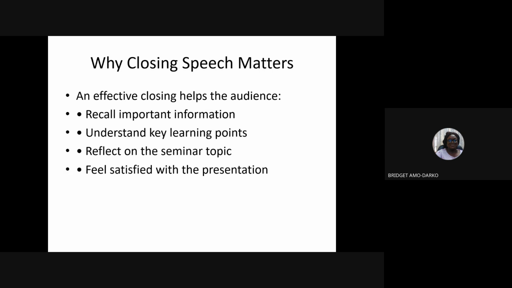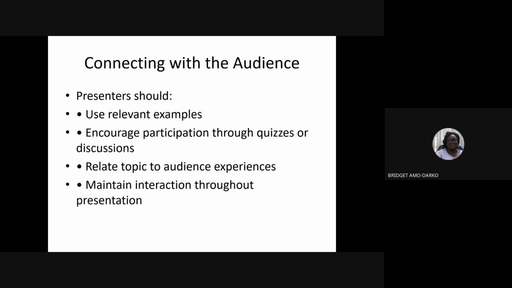So, introduction and the closing remarks, they are key. When you don't have a strong introduction, you sweep your audience away from your presentation. And when you don't have a strong closing speech, they will not have any take home, any message to take home. So as a presenter or as a researcher or as educator, you should look at all these things carefully.